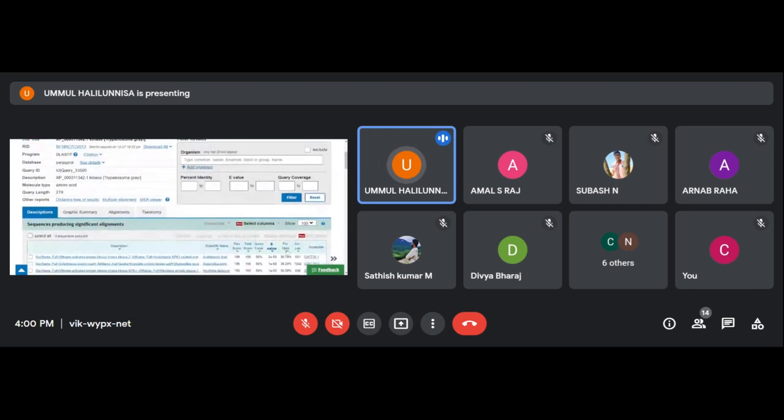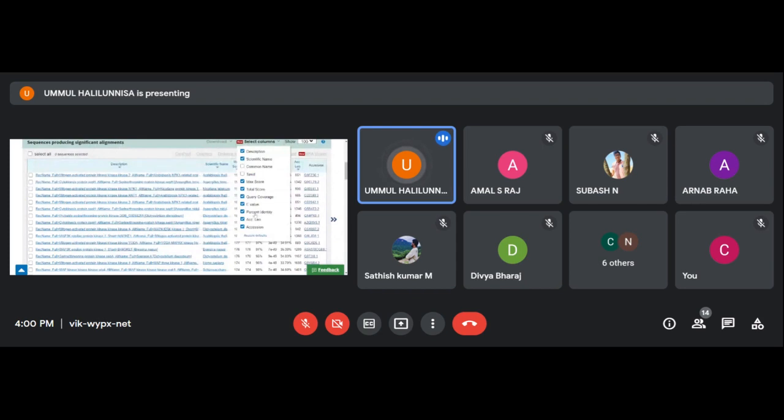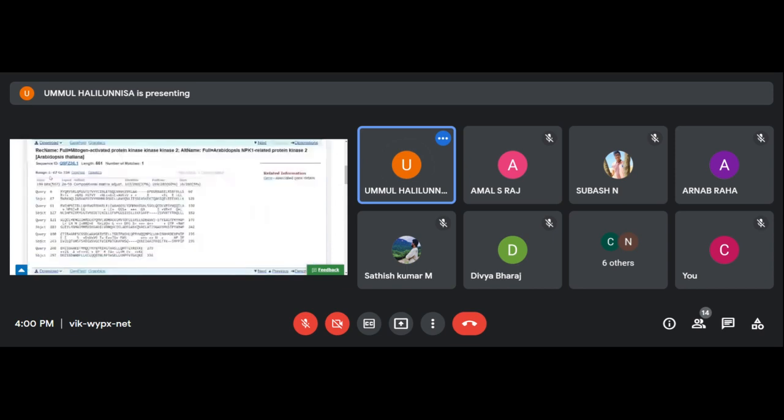This is how you will do it. In the alignment you can also see the columns. Whichever columns you want, you can check and remove the other columns and select the sequence. If you want to do multiple sequences, you can do that with the MSA viewer and distance tree results. If you want graphics, whichever format you want you can correlate with this. So I'm clicking the first one. Here it will show my study subject, our sequence and the sequence which we are getting in the results. Those will be aligned here, and here you can see how many gaps have been inserted and how many mismatches there are,